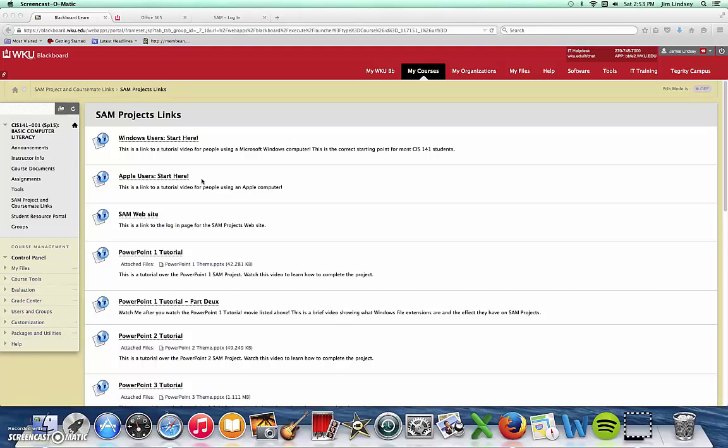And understandably so, but one of the limitations that we've always run into is that the projects that we use are made for Office 2013. And Office 2011, which is the version of Office for Apple computers, is different. Some of the stuff that the projects require has not been there. We've just recently learned of a way to make this stuff available to you so you can use your Apple computer.